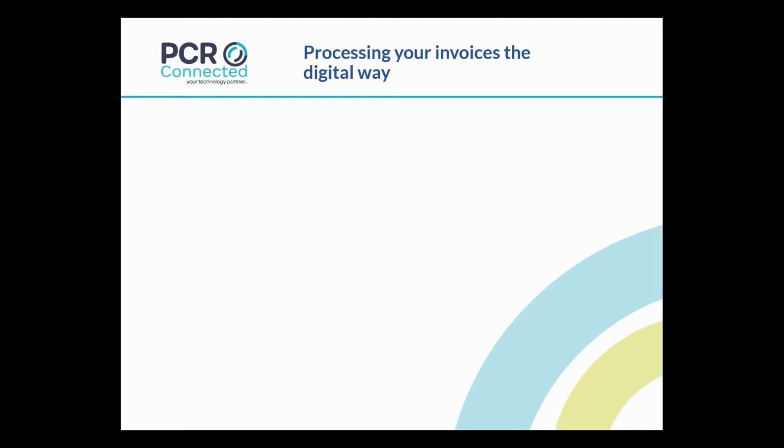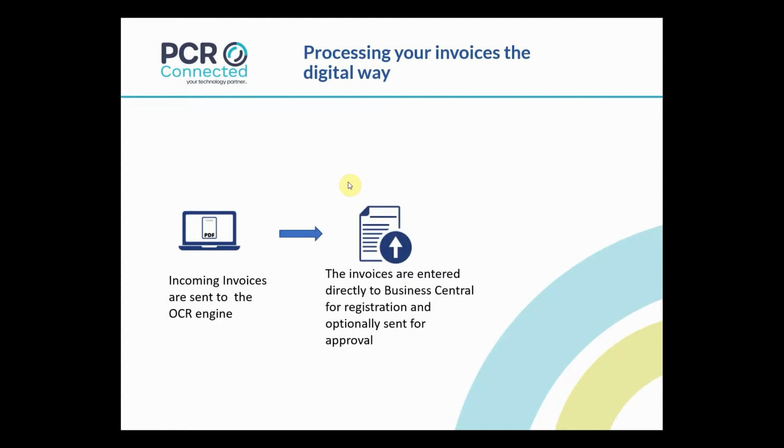A document is either a scanned paper document, a PDF file, or an XML file that's imported into document capture. Incoming PDF files are automatically downloaded from predefined email addresses. They are then sent to the built-in OCR engine, which automatically transfers relevant information from the document to the corresponding fields in Business Central, making it fast and efficient for you to register and work with incoming invoices or credit